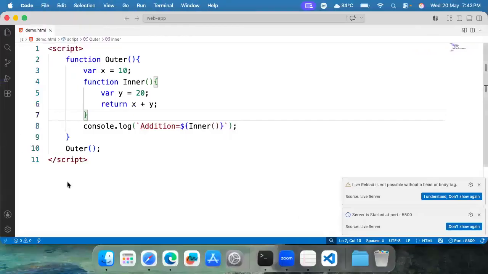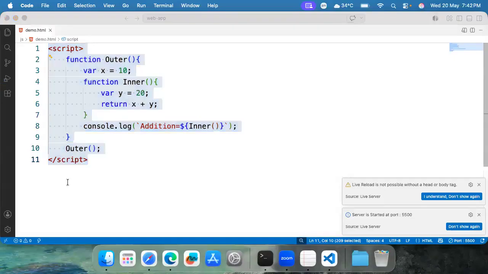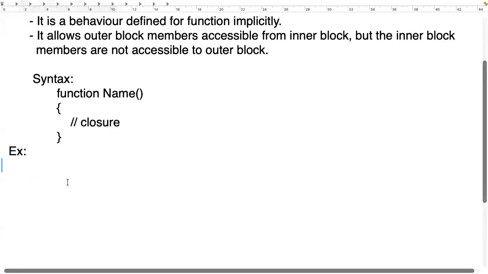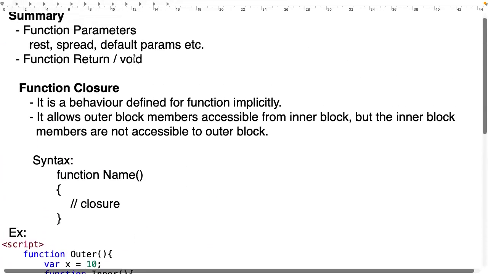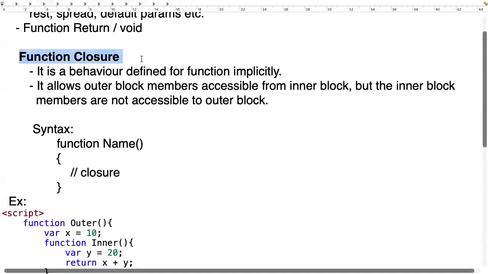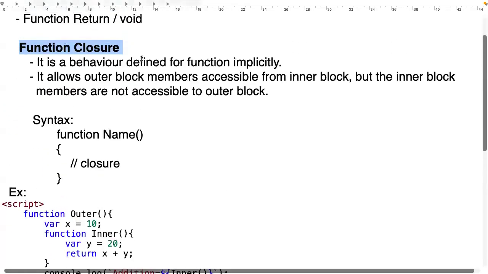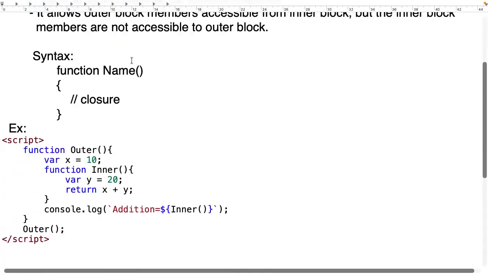This is one example how we can access the inner member outside. So that is generally considered as closure. We have a function closure. I hope everyone is clear. Closure is not any program. It's the behavior of a function, right? Yeah. Next important topic in